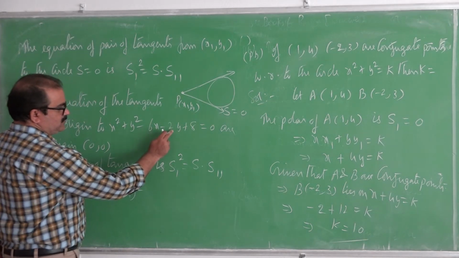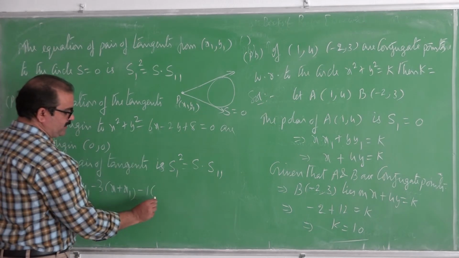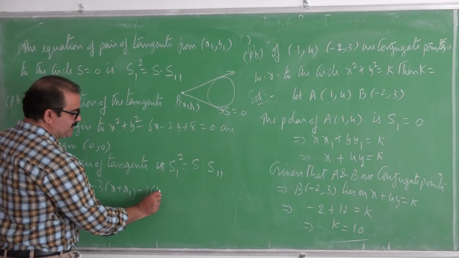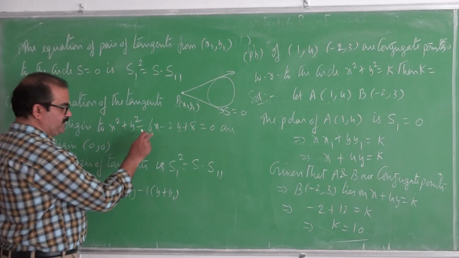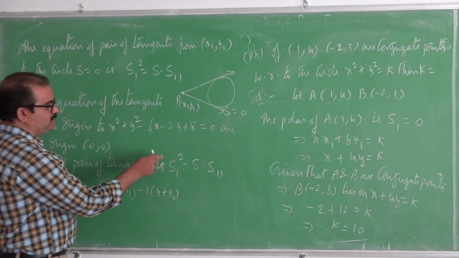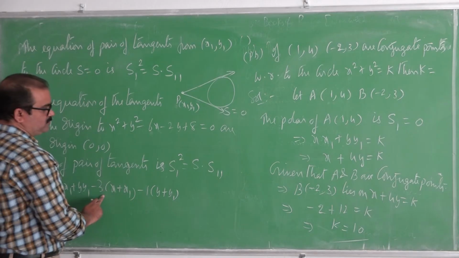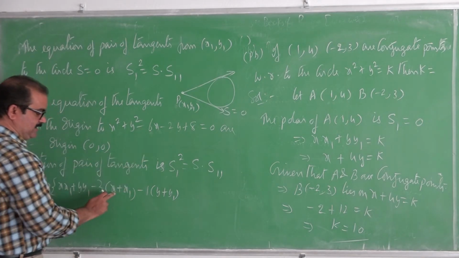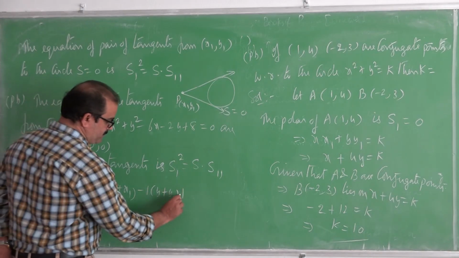minus, here also divide the y coefficient with 2, we get minus 1 into 2y taken as y plus y1. Always to write the S1 value, we divide the x coefficient and y coefficient with 2, and then 2x is taken as x plus x1, 2y is taken as y plus y1, plus 8.